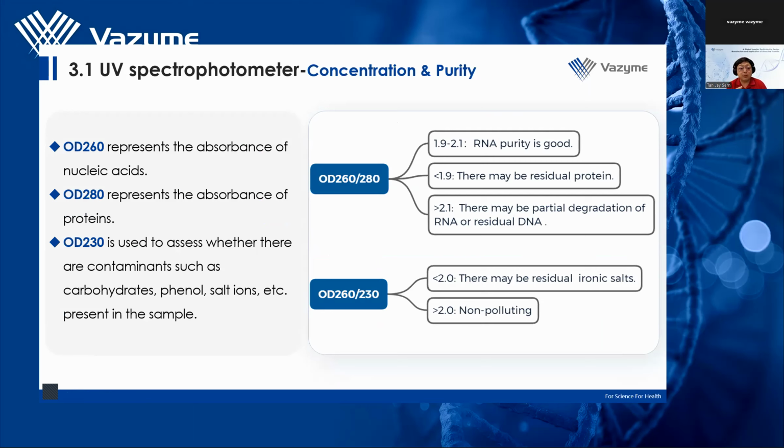Now, if the OD260/280 ratio falls within the range of 1.9 to 2.1, it indicates good RNA purity. A value below 1.9 suggests an elevated OD280, indicative of residual protein contamination. Conversely, a value greater than 2.1 indicates an unusually high OD260, possibly due to RNA degradation. An OD260/230 ratio greater than 2.0 signifies accurate results, while a value less than 2.0 implies the presence of salt ions or contaminants